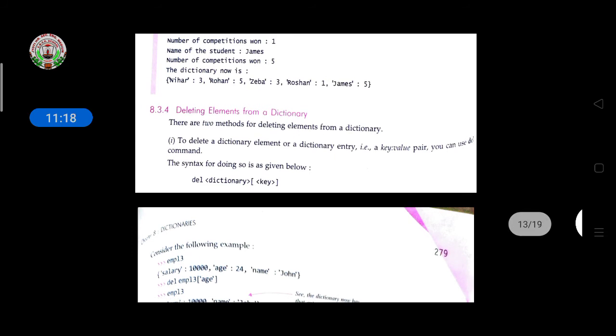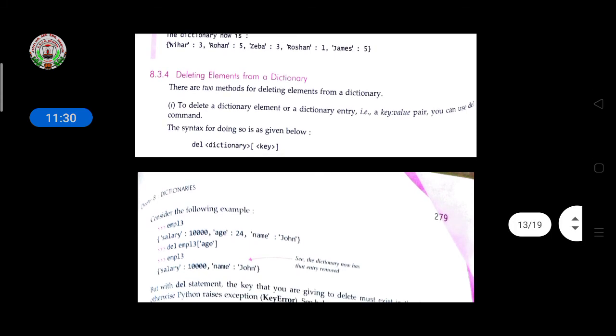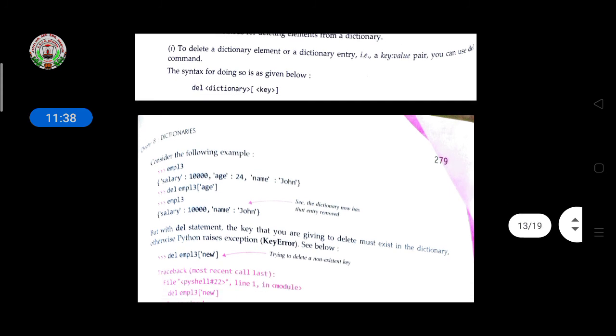Deleting an element from a dictionary. There are two methods for deleting an element from a dictionary. To delete a dictionary entry, a key-value pair, you give the delete command. In front of the dictionary we write del, and it deletes the entry.